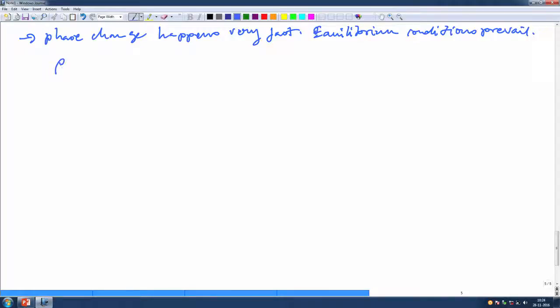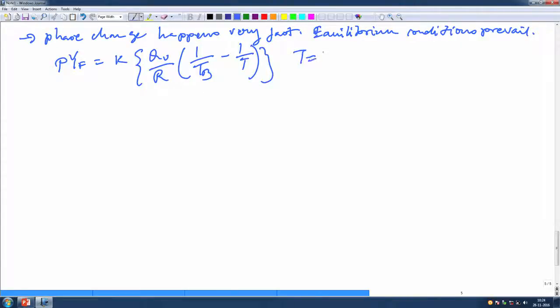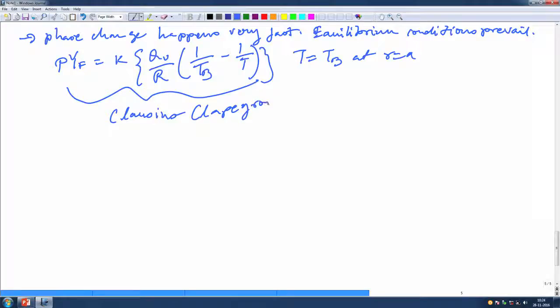So p YF is equal to K exponential of QV by R. QV is L, the latent heat, TB is the surface temperature, T equal to TB and r equal to a. So this is nothing but the Clausius-Clapeyron equation. The boundary conditions at r equal to a are written as rho v YF minus